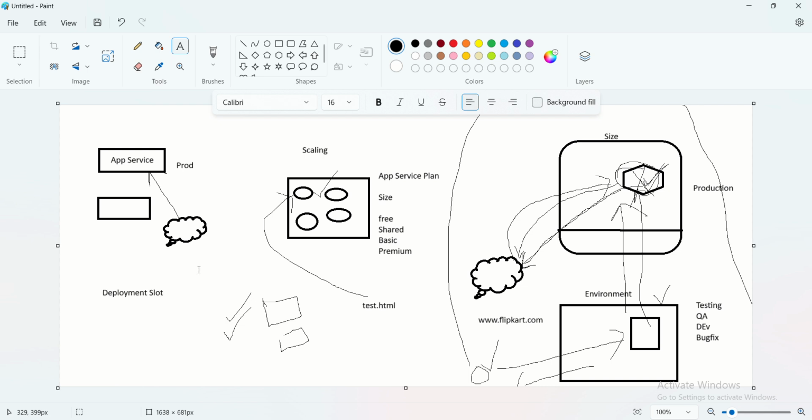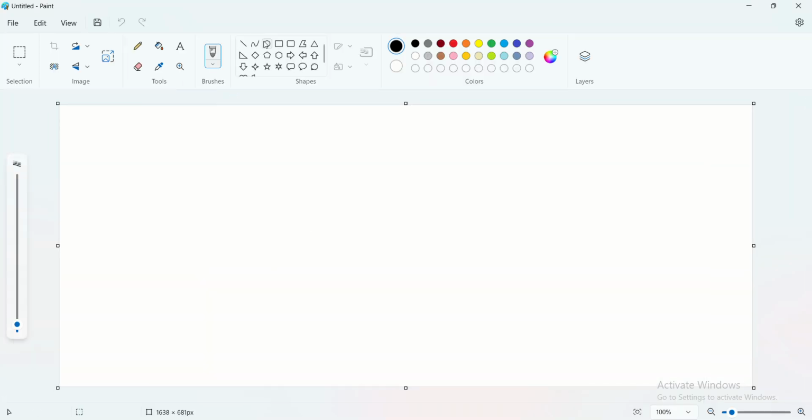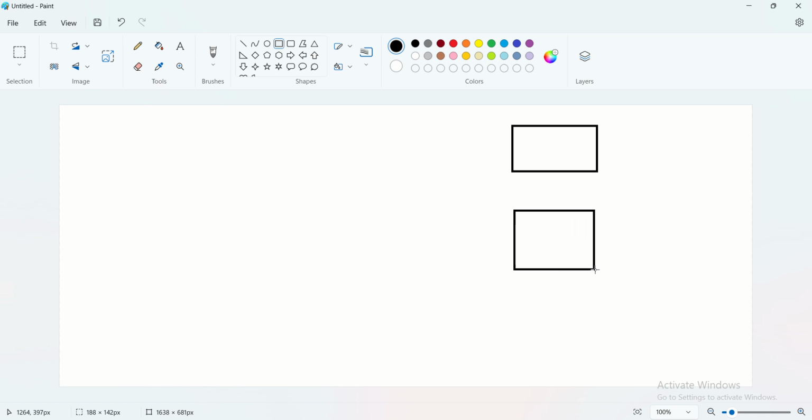What is meant by this deployment slot? If you consider the same scenario, instead of creating two virtual machines, this is the VM for prod and this is the VM for the test environment, instead of creating two things,